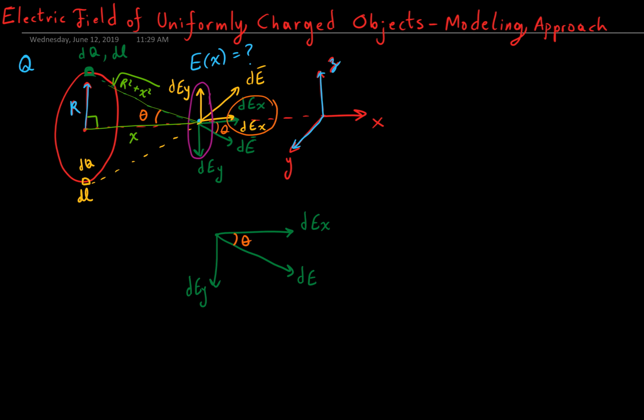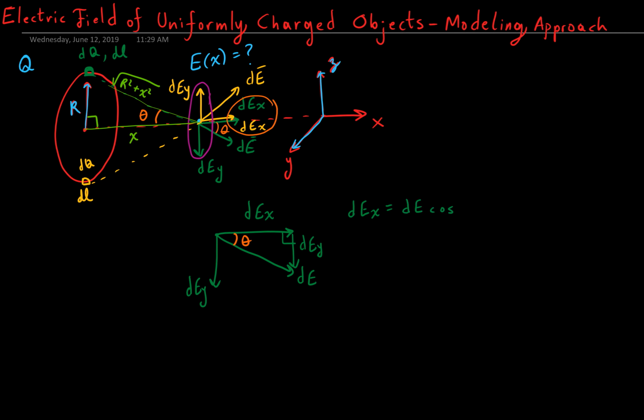Let's translate our y component over here. That looks a bit messy, so let me move this label over here. Now we see that in this right triangle, dEx is equal to dE